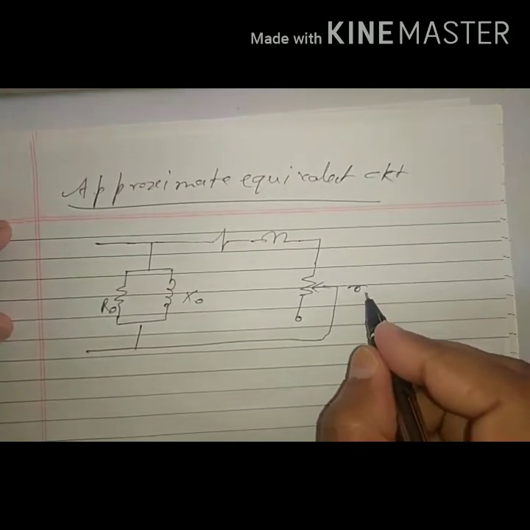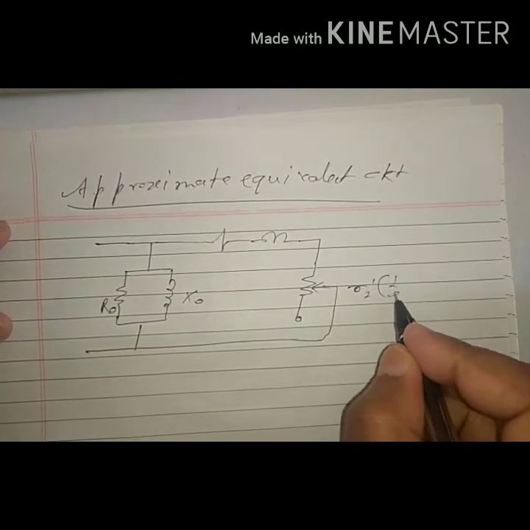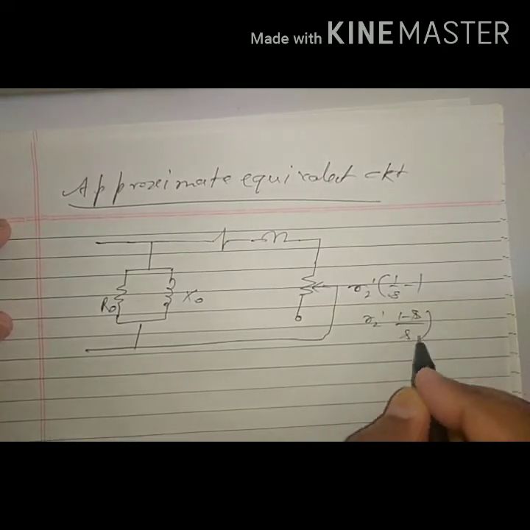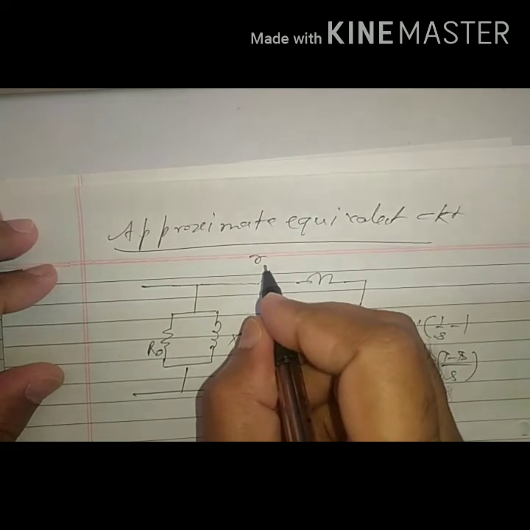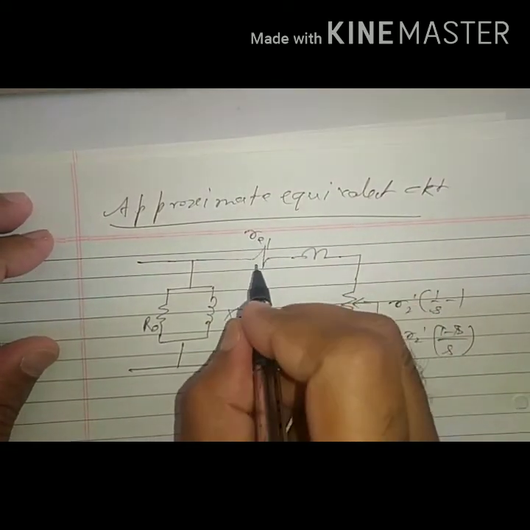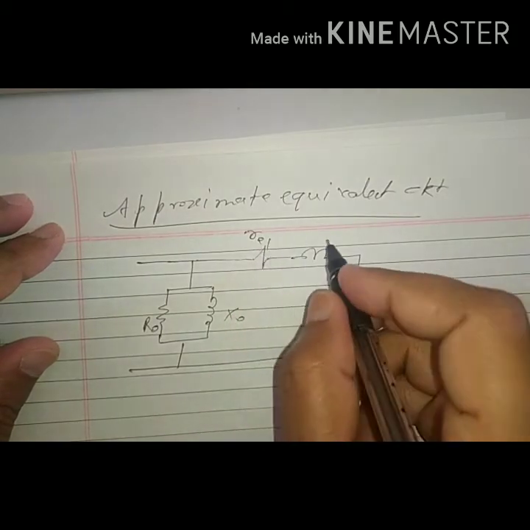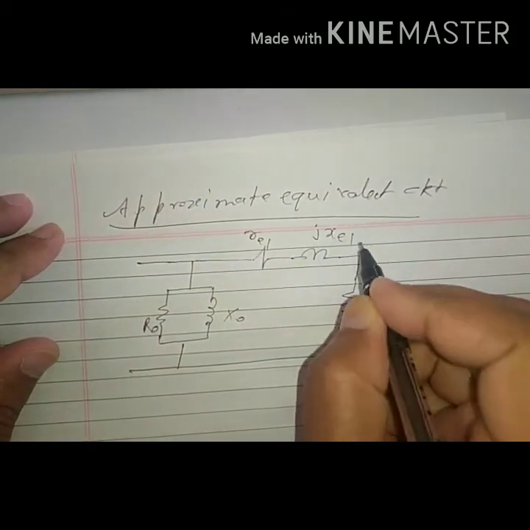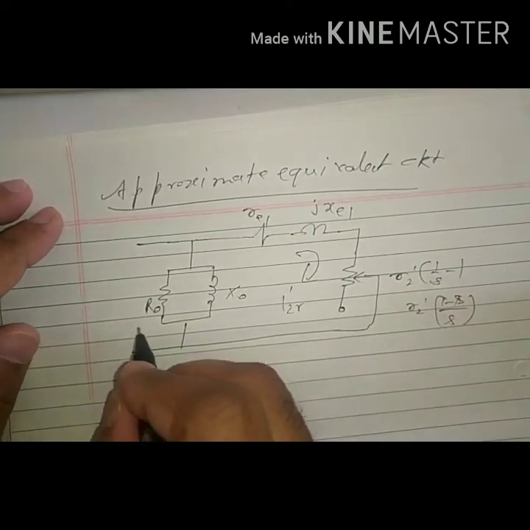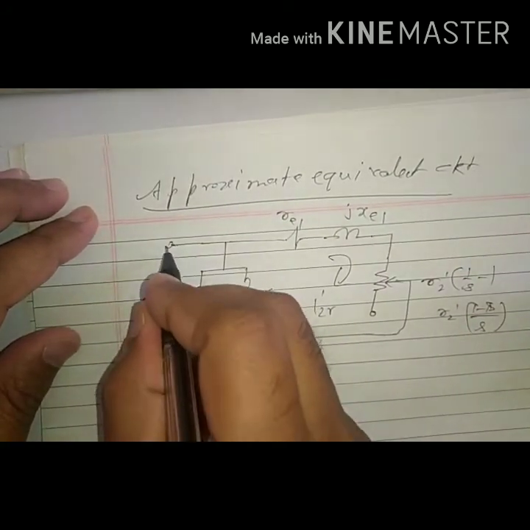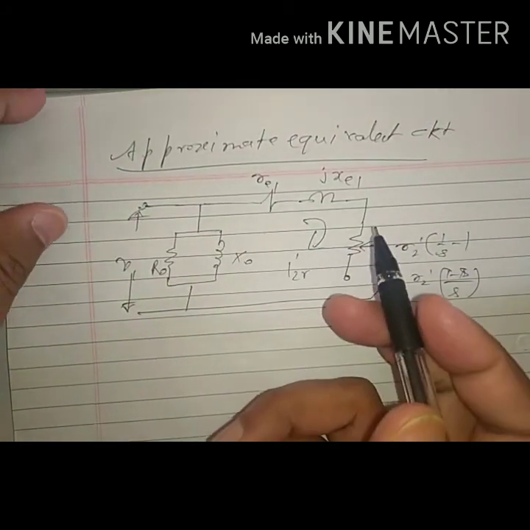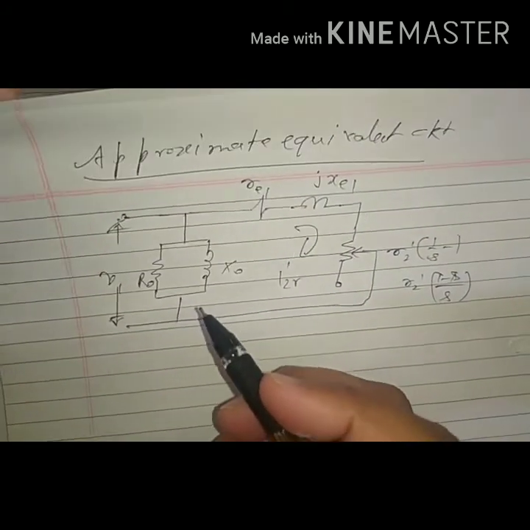This is R2 dash (1 by S minus 1), or R2 dash (1 minus S) by S also. This is RE1, the equivalent resistance of the induction motor referred to the stator side, jXE1, and here the current is I2R dash. This is the supply voltage. So this is the approximate equivalent circuit